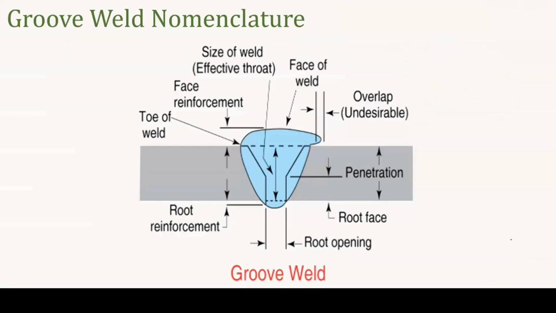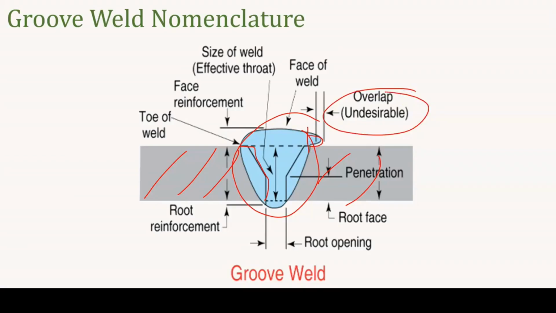If we look at the groove type of welding, this will be the nomenclature. These are the two different base materials, right? This is the edge of the base material, and the blue color is nothing but the welding portion. You can see the different nomenclatures. It is supposed to be complete here, but the welding has gone like this. That portion is called overlap, that means the undesirable weldment, and the top portion is called the face of a weld,